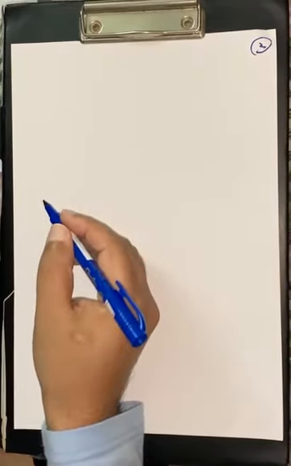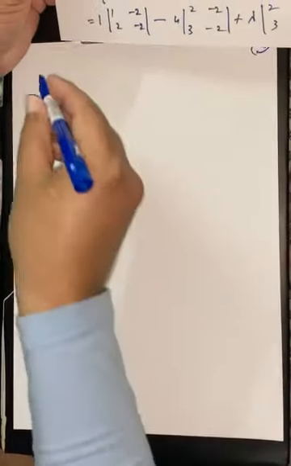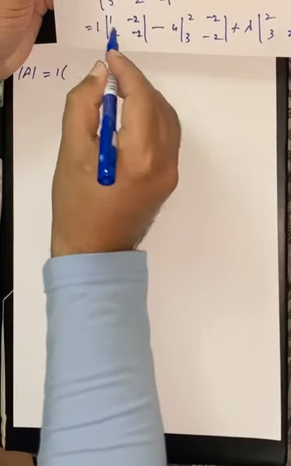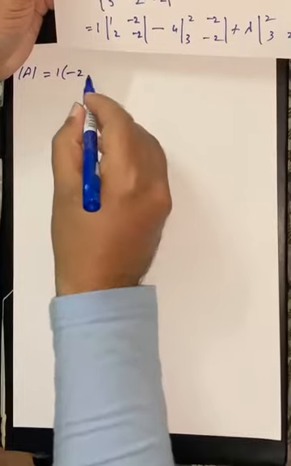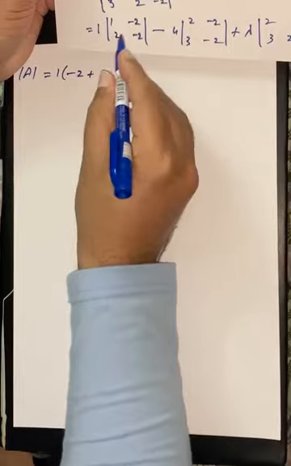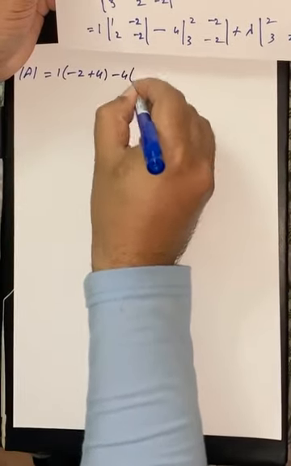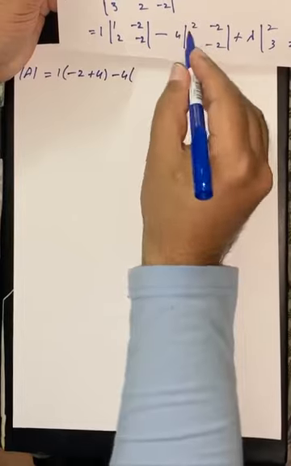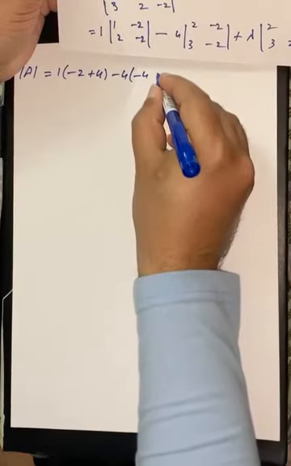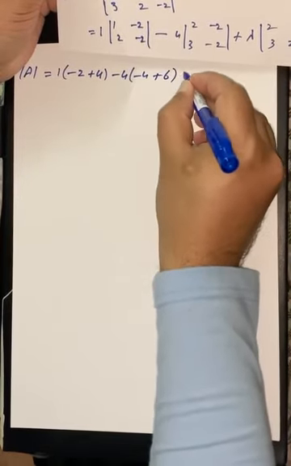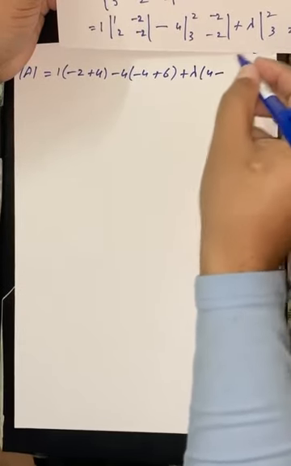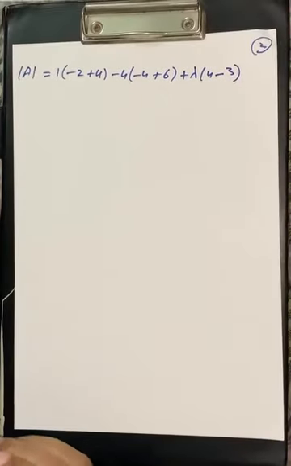So now we carry on the step. A determinant equals 1. 1 multiplied by minus 2 gives me minus 2. Minus for the formula. So minus minus gives me plus. 2 2s are 4. Minus 4 outside. Minus 2 multiplied by 2 becomes minus 4. So minus comes for the determinant. Minus minus plus. 3 2s are 6. Plus lambda. 2 2s are 4. Minus 3 1s are 3. Here we got the step.